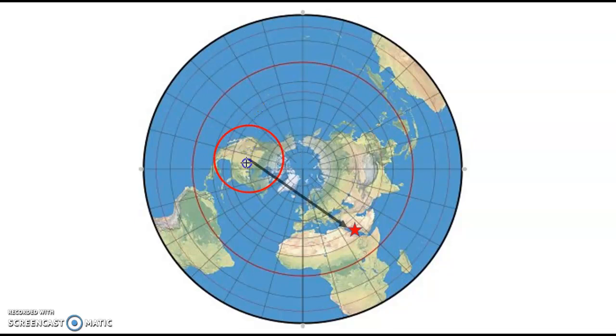But the key thing is, even with a flat map, it is still northeast. The Qibla direction in North America is northeast. Another thing to note also is that, according to this model, it cannot be southeast. The Qibla direction cannot be southeast. There's just no way to draw it to make it reach Mecca if you face southeast.